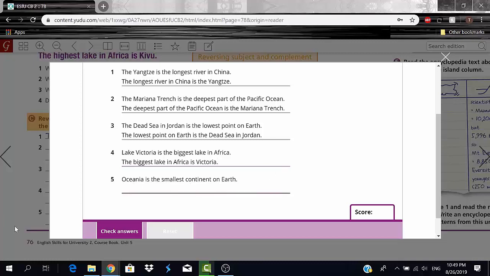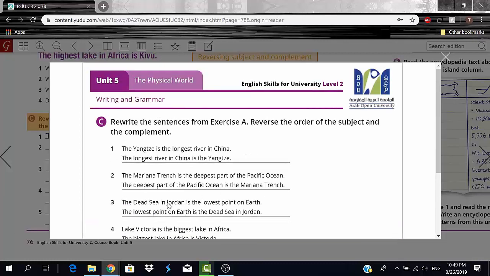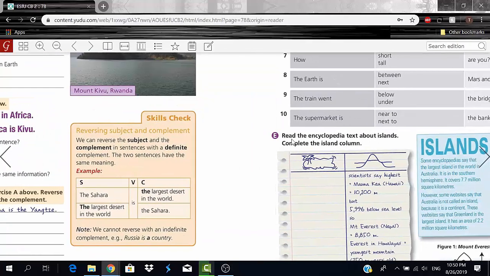And we could say, again, the smallest continent on Earth is Oceania. Okay, you guys? So that is how you reverse the order of the subject and complement in a sentence. Okay? Now let's move on.